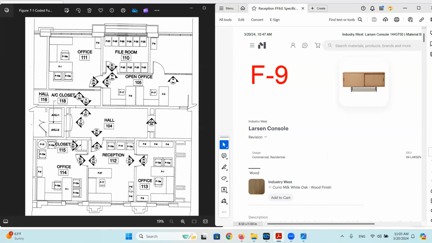We also have a pair of consoles labeled F9, a desk labeled F27, two side chairs which are the same, labeled F-10A, and then a table in the center, F-14. So those are the furniture pieces that we can imagine are going to be installed in the reception area during the installation of this project.